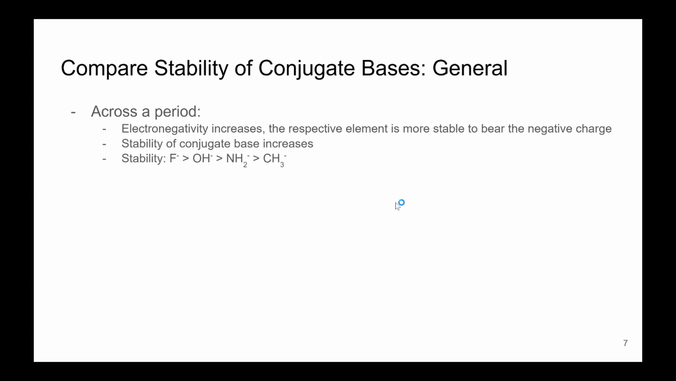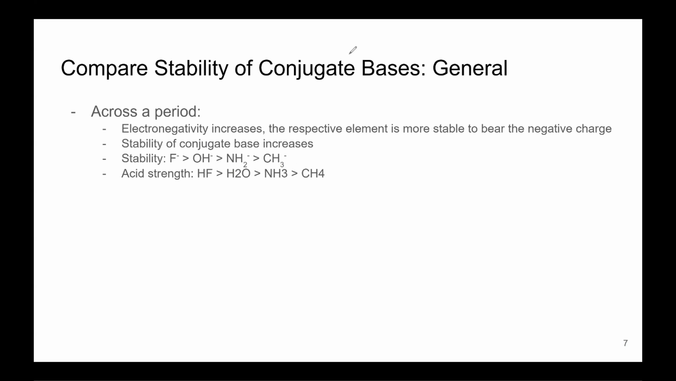And because of this, the acid strength of HF is greater than water, greater than ammonia, and then greater than CH4. So this is because the conjugate base becomes more stable. So why does an increase in stability of the conjugate base mean that the acid strength increases as well? Well, because when the conjugate base becomes more stable,